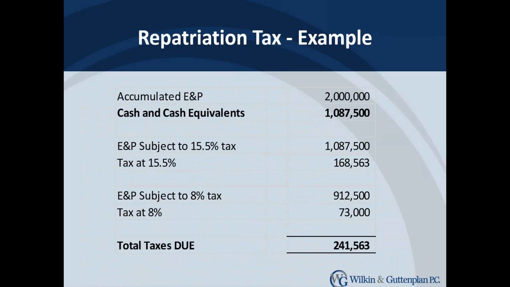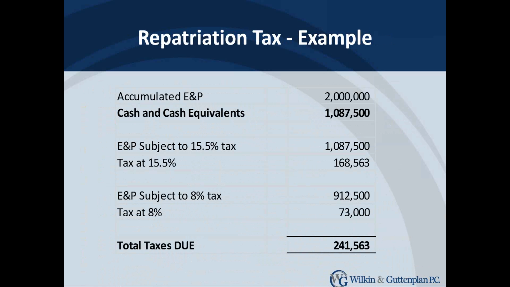So finally, we want to get to an actual example. And this is a simplified example to illustrate how the tax would be calculated at the basic level. I say simplified because we're not taking into account any foreign tax credits, and we're not taking into account any ownership structure, whether we're owning this CFC via a C corporation, an individual, or an S corporation. So let's just dive into the numbers real quick and see how this works. As you can tell at the top, we've calculated the accumulated earnings and profits of the specified foreign corporation at $2 million.